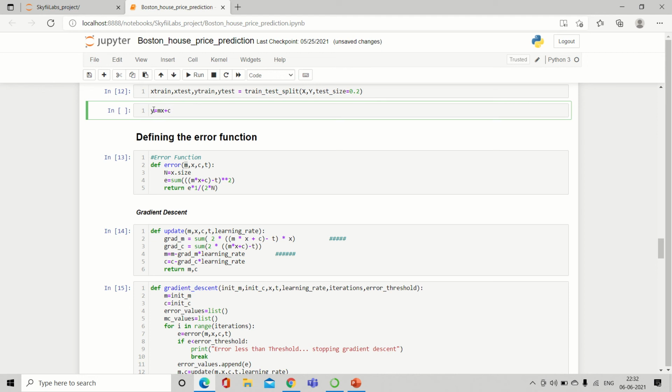Here y is the predicted value, m is the slope, c is the intercept, and x is the data, that is the training or testing data set that we are going to provide.